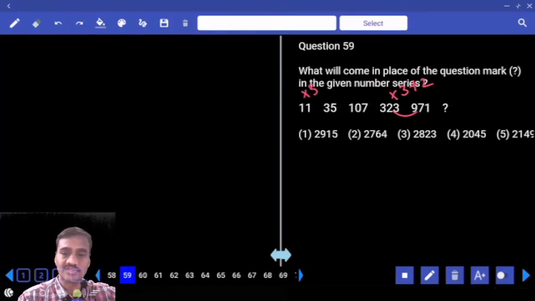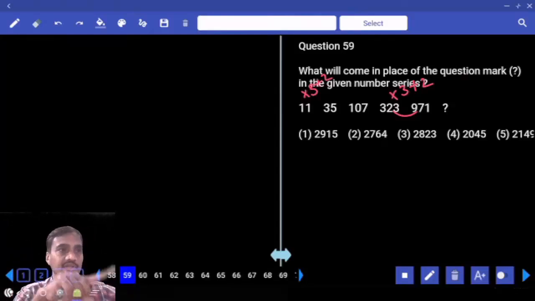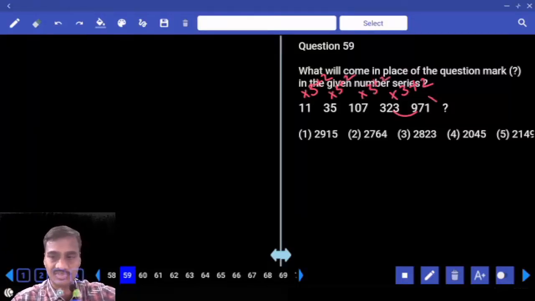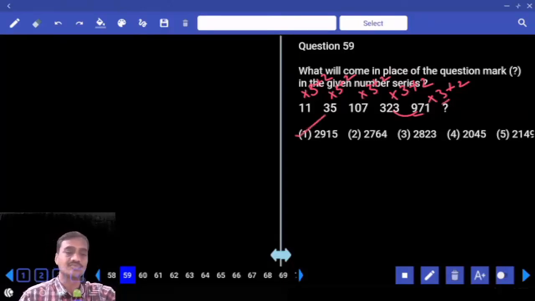Again check whether the same logic holds good in the first two numbers or not. Into 3 plus 2, here into 3 plus 2, and the remaining will follow the same pattern. 35 into 3 is 105 plus 2. So into 3 plus 2. Obviously this must be into 3 plus 2, so 1 into 3 plus 2, last digit must be 5. In the given choices, there are 2 and 5. 900 into 3 is 2700 plus 2. So choice 1 is the answer. That ends question 59, it is choice 1.